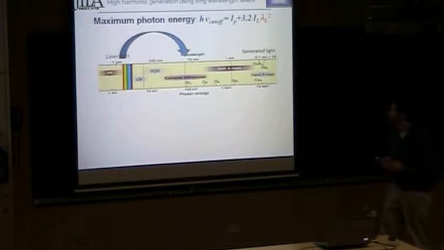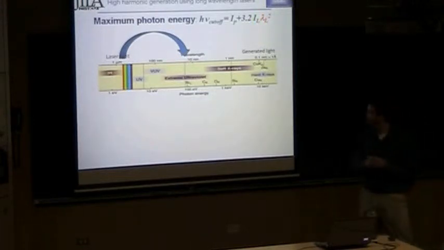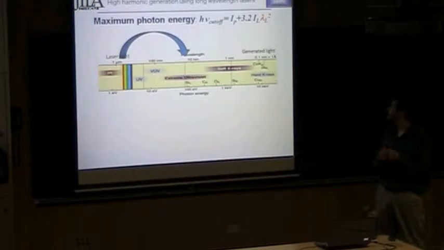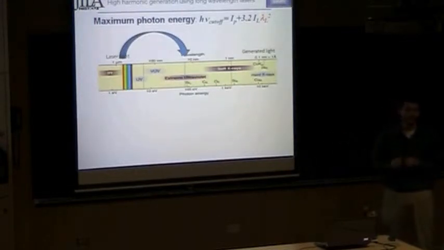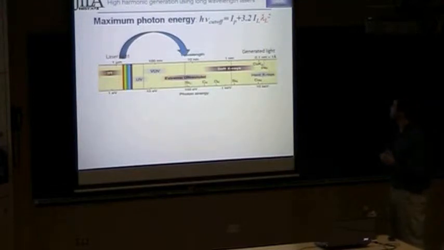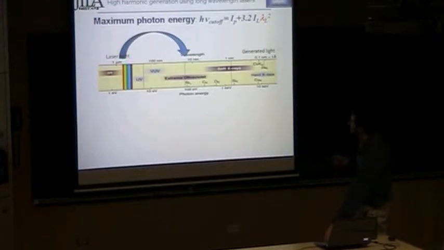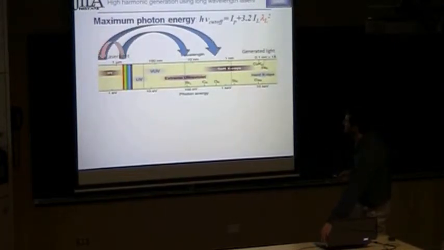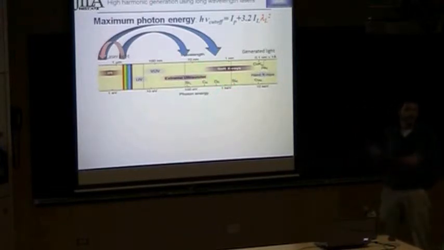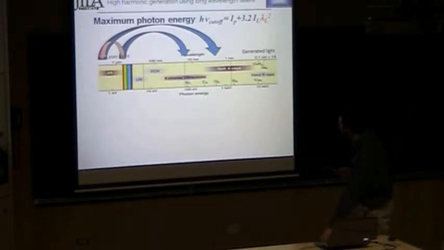Okay, so we're going to take a different approach. Rather than increasing the laser intensity, we're going to keep that fixed and increase the laser wavelength, because in the cutoff rule you can see that the scale is like lambda squared. If you think about the three-step picture, if your electron spends more time oscillating in the laser field, it's going to gain more energy once it returns, and so you're going to get to a higher cutoff photon energy. So instead of starting at 800 and generating harmonics to 100 eV, we're going to take it the other direction. We're going to start at 800 and actually go to much longer wavelengths first, which is going to let us get to much shorter wavelengths eventually.